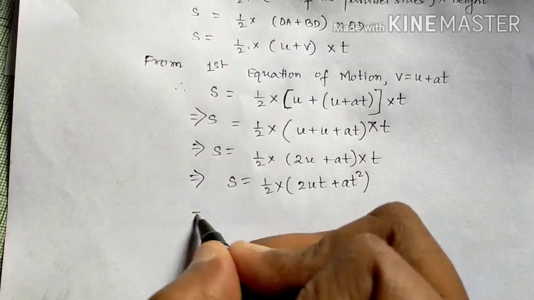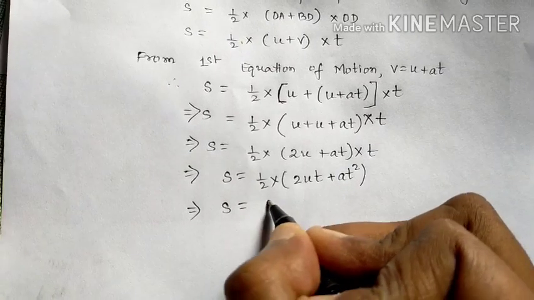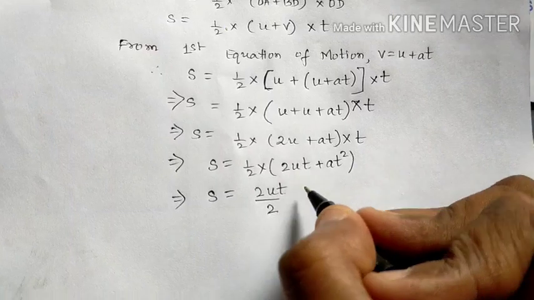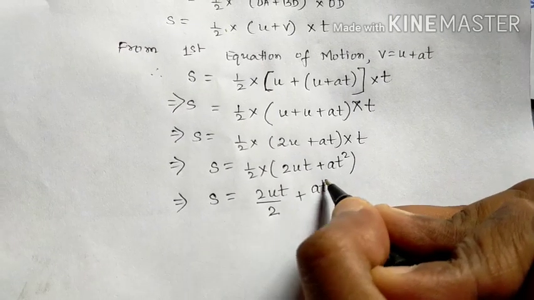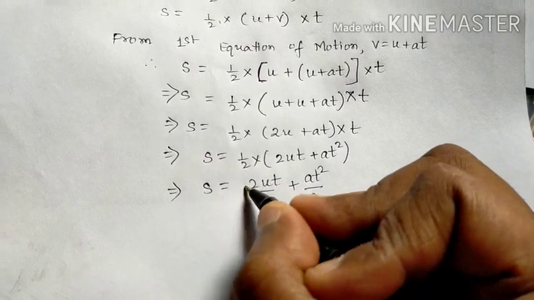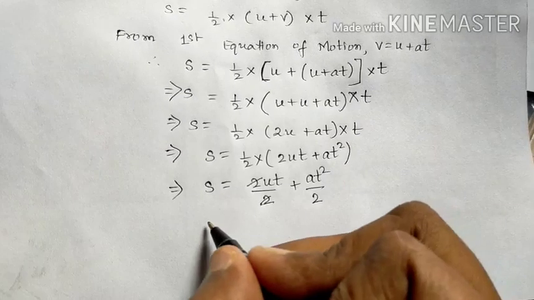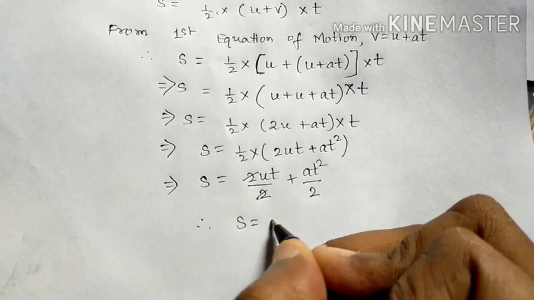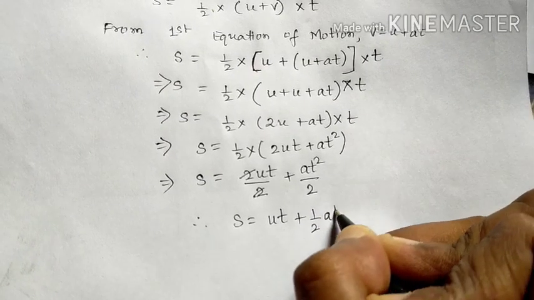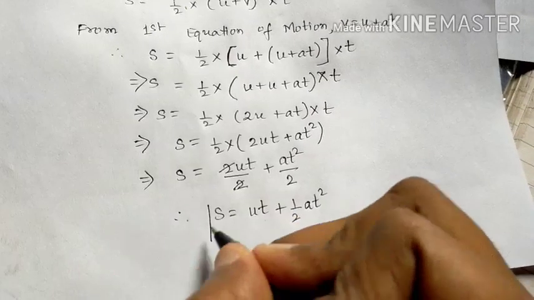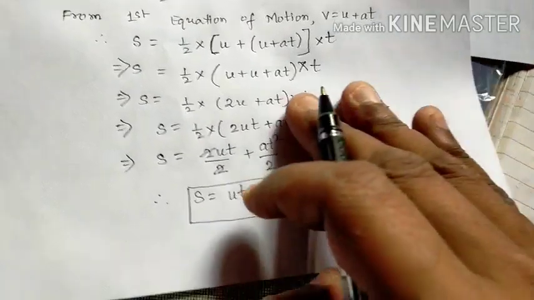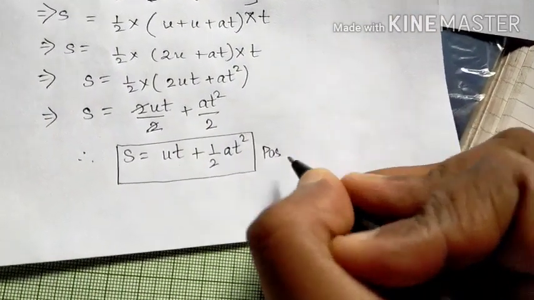So now taking out both the terms from the bracket, you will get twice UT by 2, since half has been multiplied to both the terms. So twice UT by 2 plus AT square by 2. Cancel out 2 in the first term. So now we are left out therefore with S equal to UT plus half AT square. So this is the final equation, the second equation of motion, that is called the